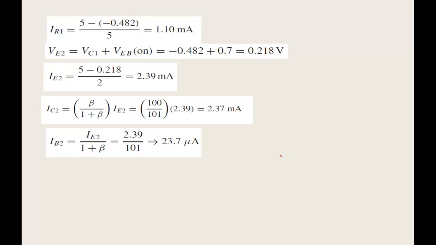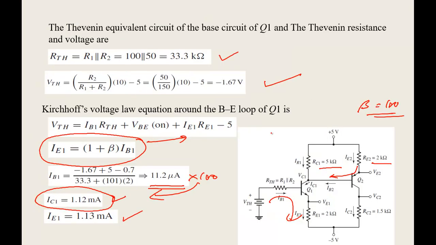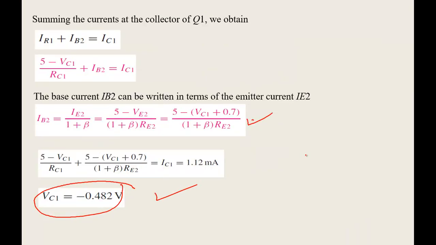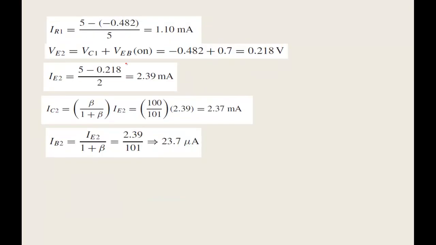Now apart from that, we can find out the IR1. We haven't found out the current through the IR1 yet. So IR1 is basically (5 minus VC1) by RC1, as I have told you. Substitute the VC1 and you will get the RC1 IR1 value, and then the VE2 value also you can easily find out,